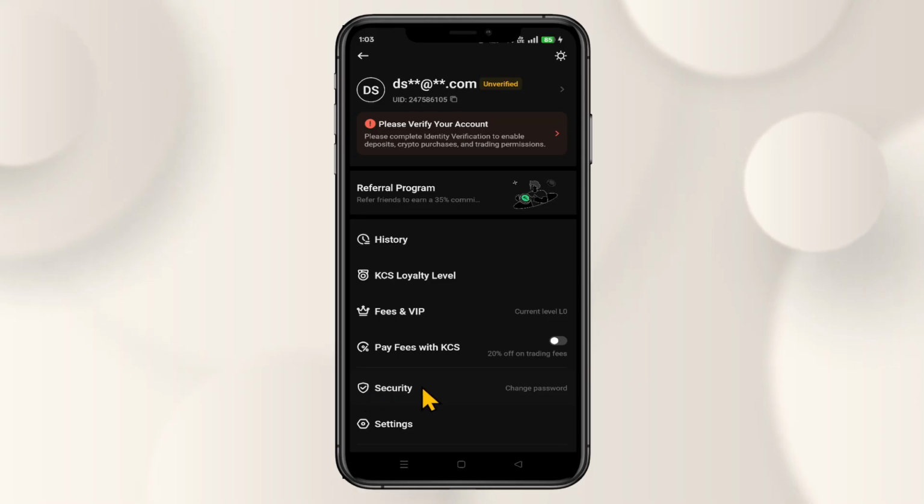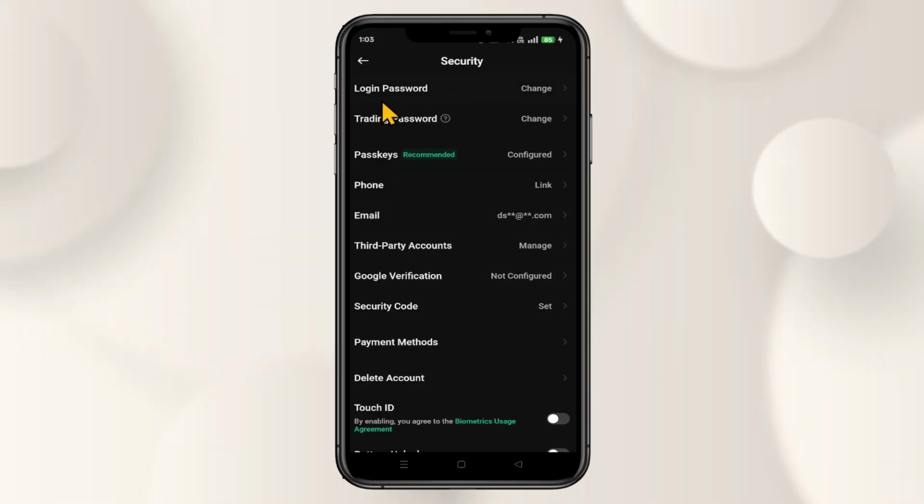Then just tap on the security option and you will now see the login password at the very beginning. Just tap on this button and you will now be prompted to enter your old password followed by your desired new password. Just type in your current password within the very first box and then enter your desired new password